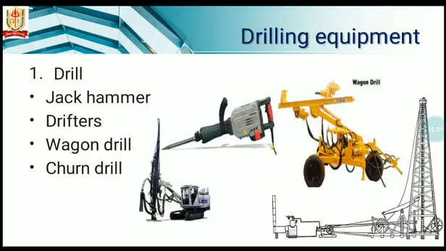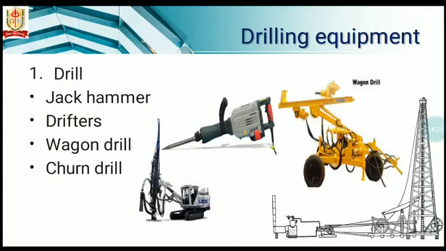Wagon drills. These are heavy drifters mounted on a mast, which is mounted on wheels to provide movability to the machines. They are used to drill holes up to 11.25 cm in diameter and 10 meter or more in depth. Wagon drills give better performance than jackhammers.